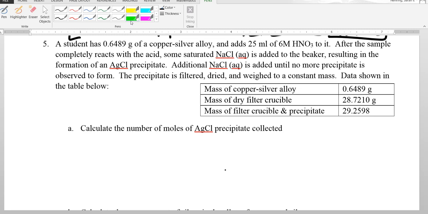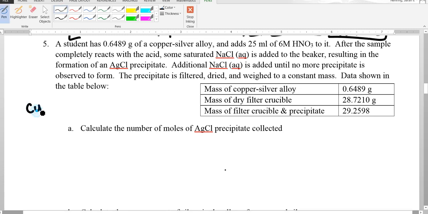And if you think about what's happening here, we've got a copper silver alloy. Okay, and that just means a mixture. It contains copper and it has silver. We don't know what else. We don't know what ratio they're in. There is no such thing as a molar mass of this alloy. What we do know is if we take this alloy, it has copper and silver in it, and we know that it weighs